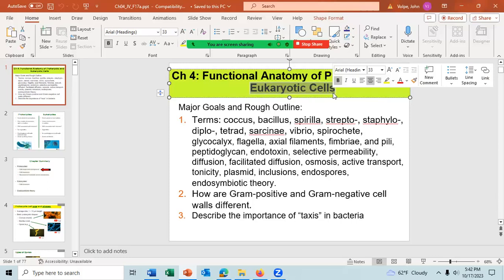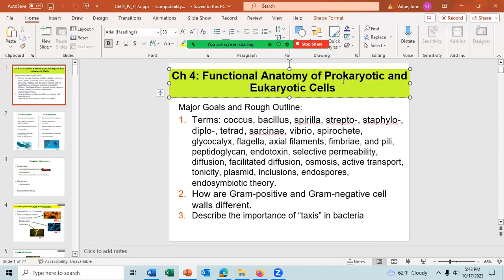I don't remember. Is that Biology 160? Anyone know at Clark College? I think it's Biology 160. I think so, yeah. So you should have had that, so it should only be a review. If we do not have time, I will skip the anatomy of eukaryotic cells, but we will cover the anatomy